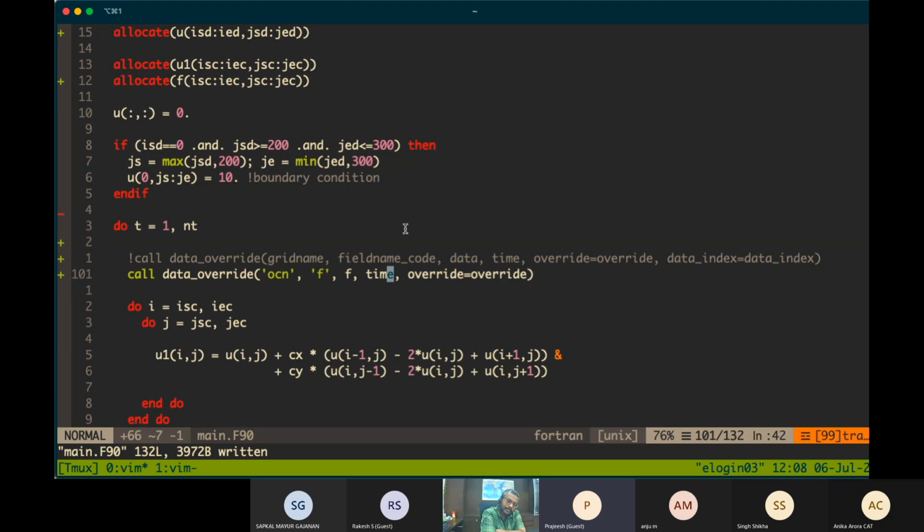What it does is it goes inside and with this time information, it identifies the time just before and the time just after this time, does a weighted interpolation in time, and gives the data. So it is available in the array Fij.